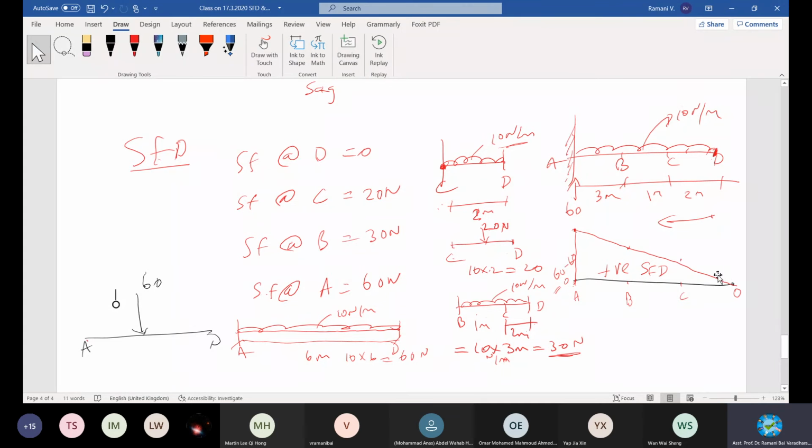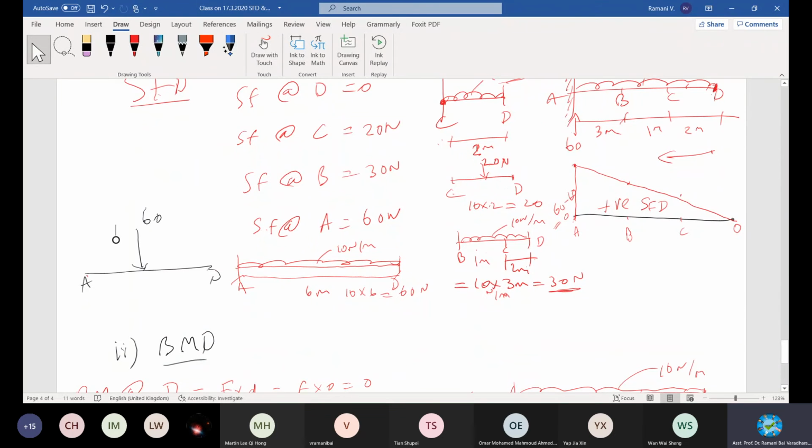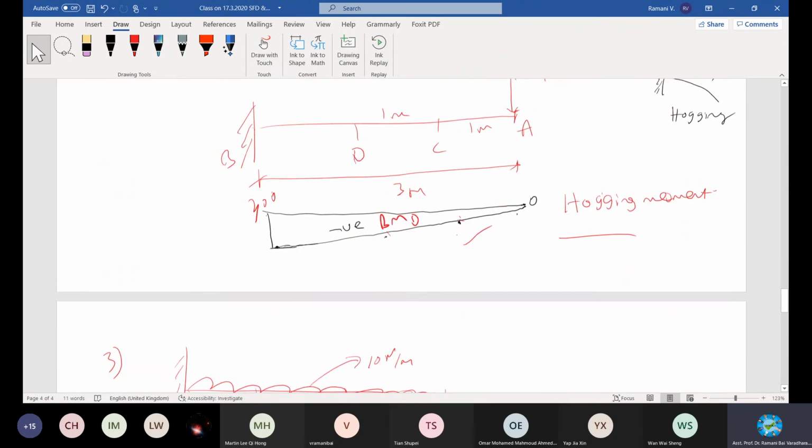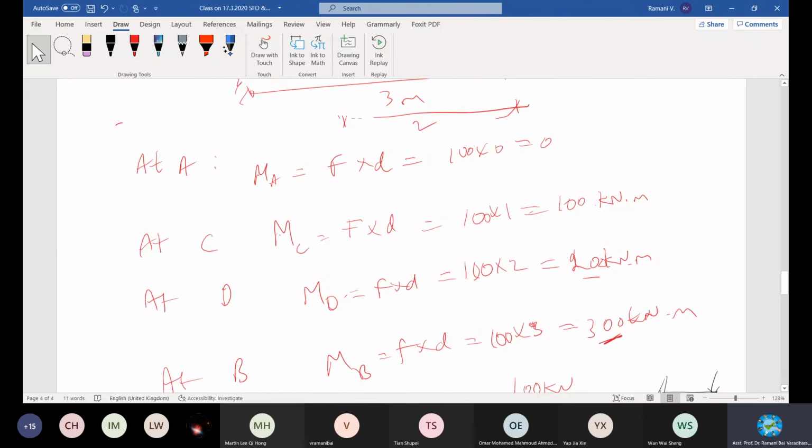Here it may be 0.5 times the load, 1 times the load, 1.5 times the load, 2 times the load. So keep on increasing because it's only one load acting, right? If there is any point load interfering, then automatically the shape of the diagram will change. You need to account for that point load as well. So slowly increasing, and you come here, again another type of loading, and the distance is varying. Hence it keeps on increasing because the distance is increasing for the given load. So you can draw the shear force diagram in this way for a UDL, with a simple one I started with. Okay, let's see the second question.